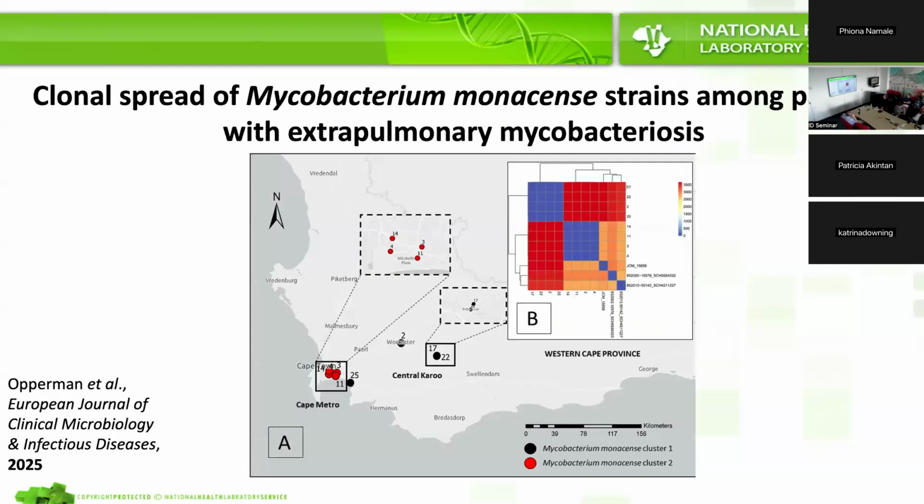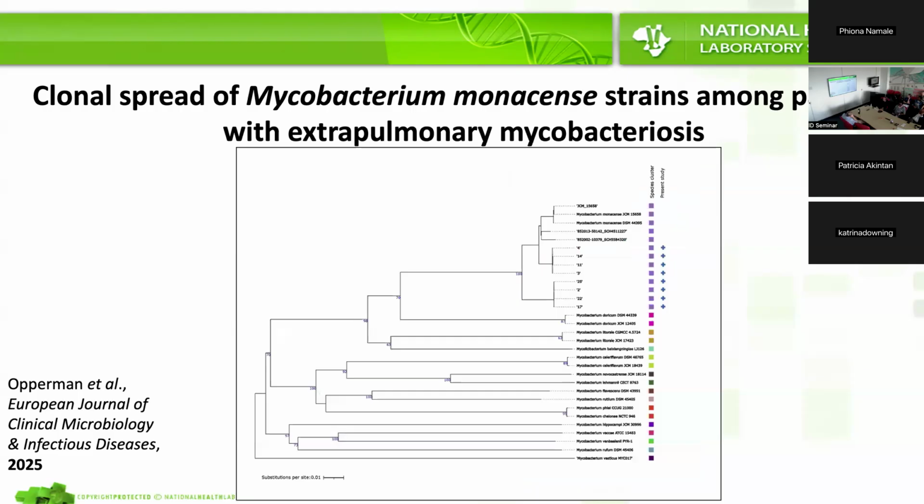So talking about that mycobacterium, we got 8 of them viable, and we wanted to take a closer look at them because they were in the majority of our isolates from these unidentified species, almost 50% of them. We found 2 clusters, one here in the Cape Metropole area and one more centered in the center of Peru. And they were clonal, both of those clusters, and they were quite far apart in terms of SNPs, almost 8,000. So that phylogenetic tree shows you 2 very distinct clusters, far apart, and clonal as well.